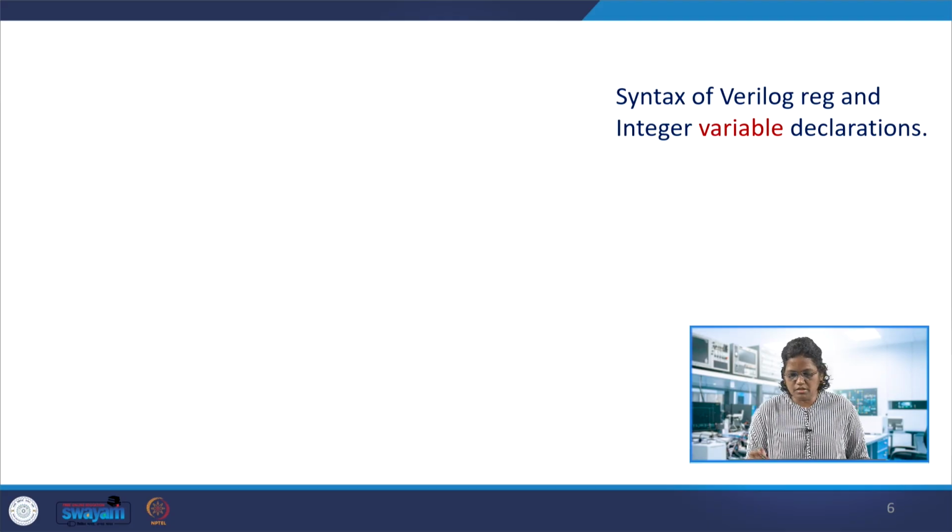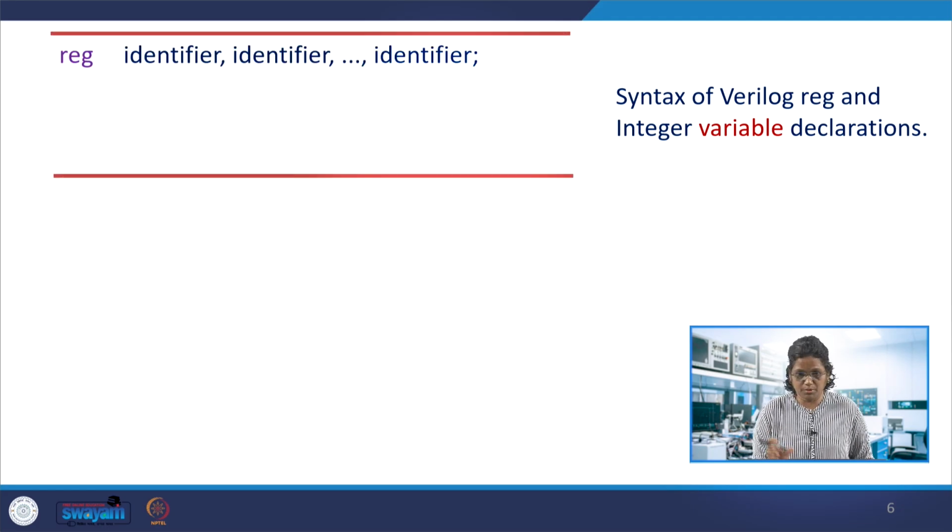The next one is the variable declaration. There are two types of signals in Verilog: one is net, and the other is variable declaration. The variable declaration, within the procedural code or the behavioral description, is a higher level of abstraction. We define variables, for example x is a reg, a register.